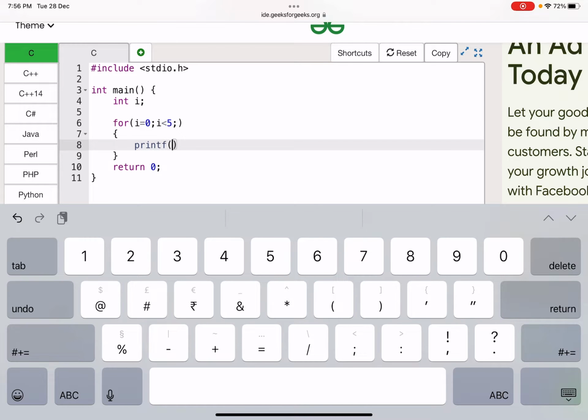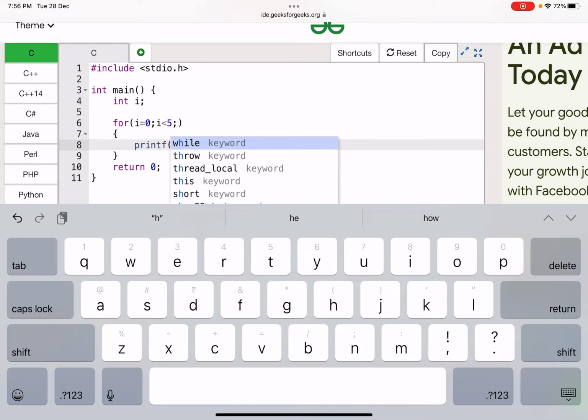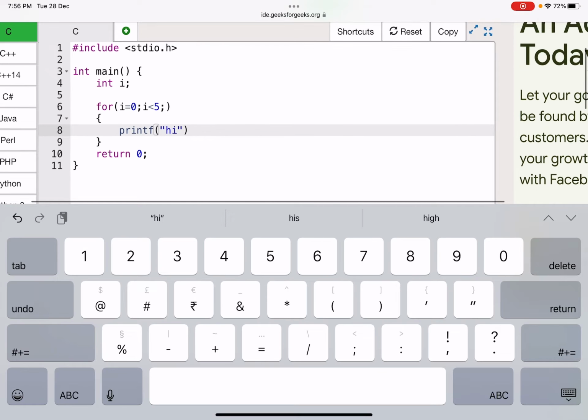I think I'll not get output here because this is not a standard compiler. It will just terminate. Output should not come. If output doesn't come, it's correct. Okay, and run. See now, it's never going to come. It's in an infinite loop, so the output will never come.